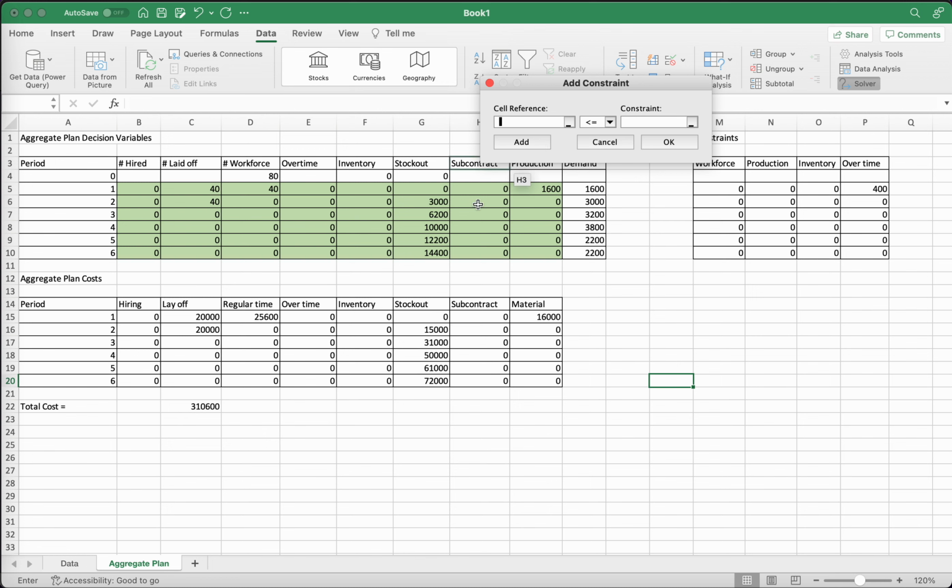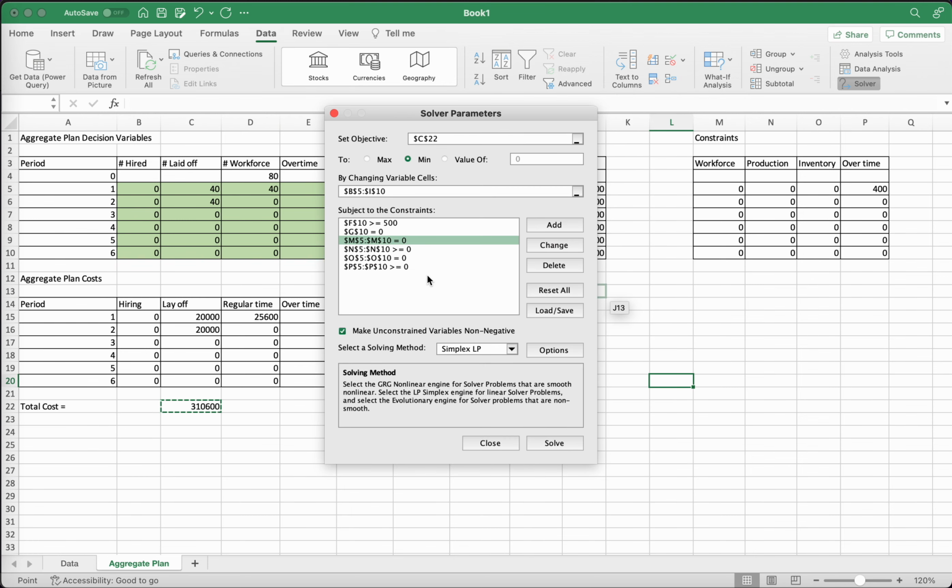And finally, the inventory at the end of the sixth month has to be at least 500. So there's a constraint saying that you want to have 500 units of inventory left over by the end of the 6 months to have some buffer on being able to sell some items. So those were two extra constraints that were not in the PowerPoints that we needed to add. So with that,